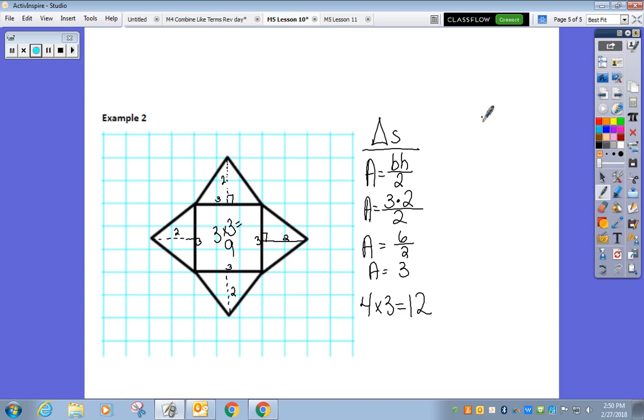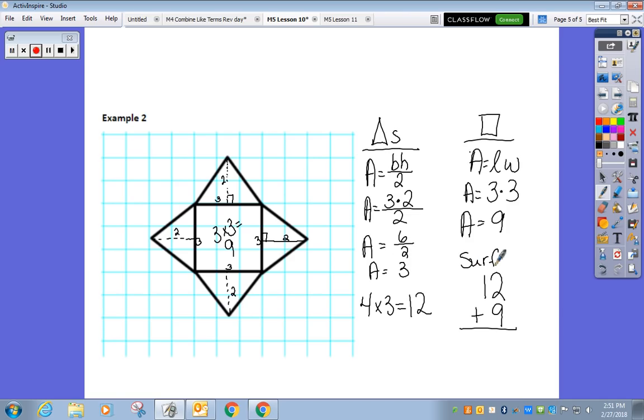For the square, we already kind of did it. Area equals length times width. I fully recommend showing your work with the formula. 3 times 3 is 9. So all together, I would add my 12 plus my 9 for my surface area. So I'm finding the area of each part and then adding them together and getting 21 square